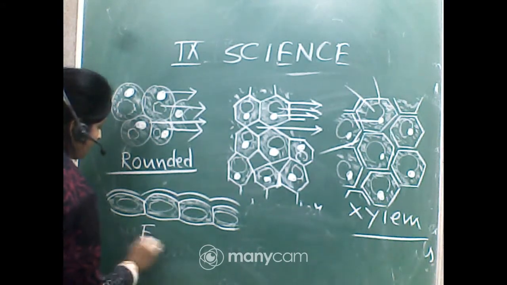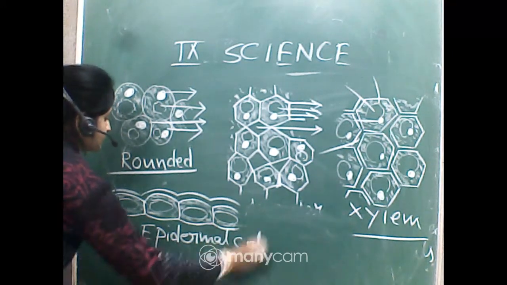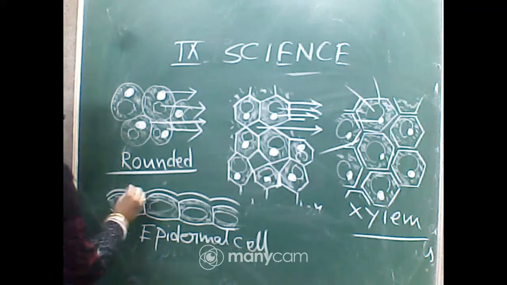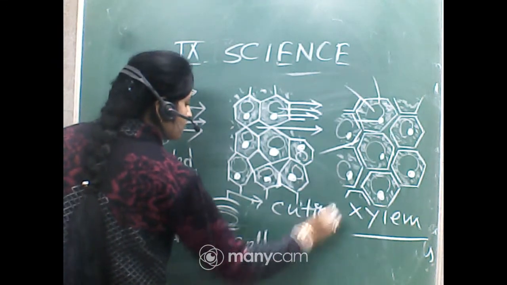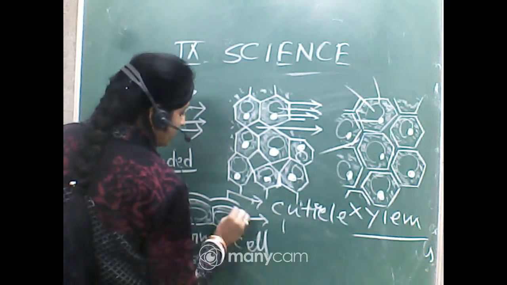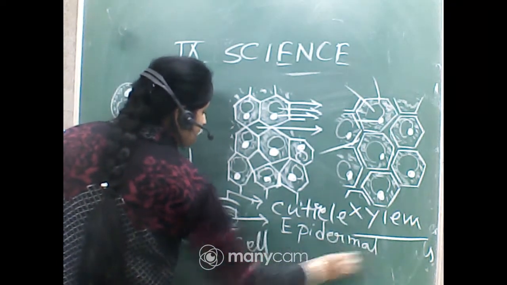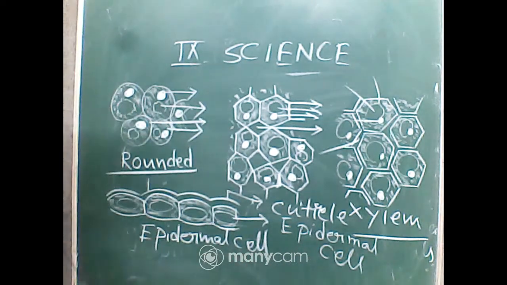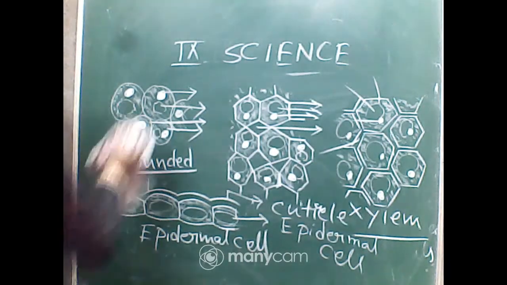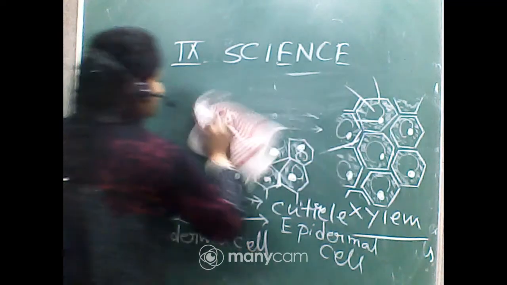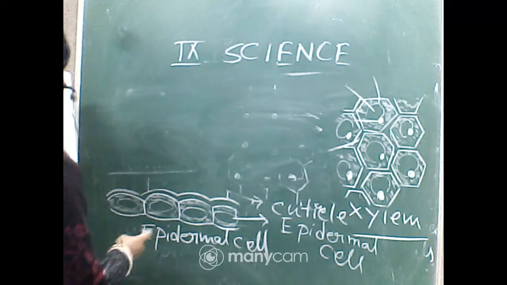Epidermal cells, that is epidermal parenchyma. Here will be another point, cuticle. This point is the cuticle and this is the epidermis, the upper layer. This is another type of parenchyma. So these are four types for today. There are another two types, which I will draw later. So: rounded, angular, xylem parenchyma, epidermal parenchyma,